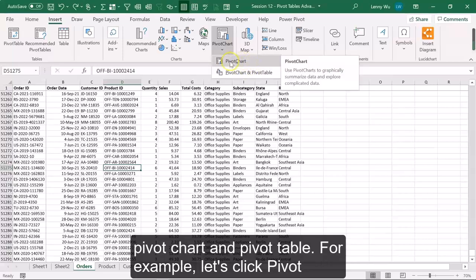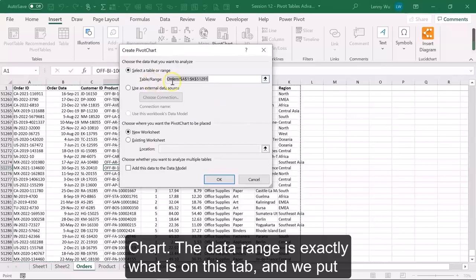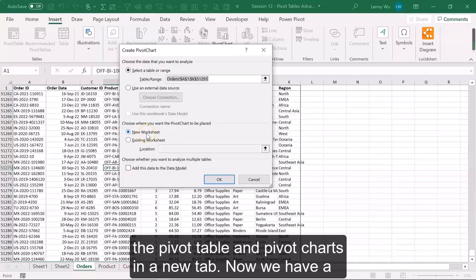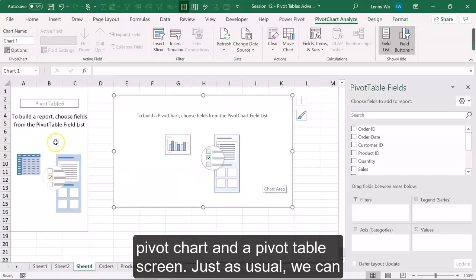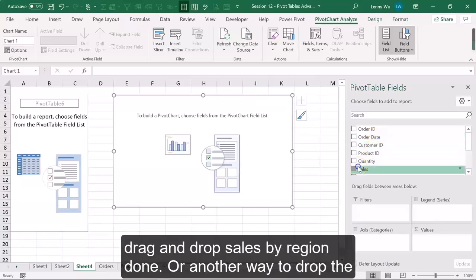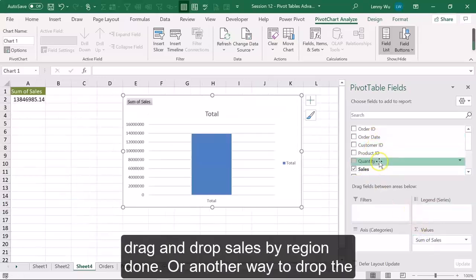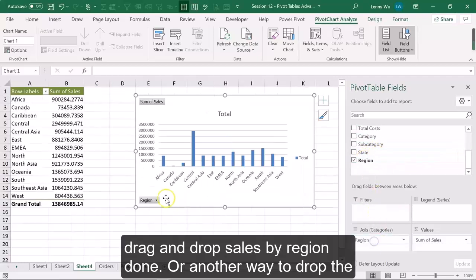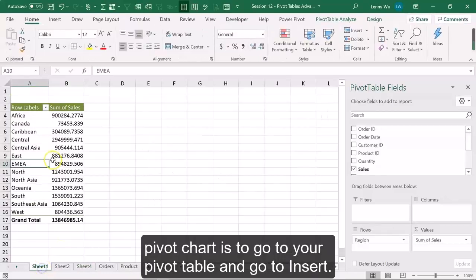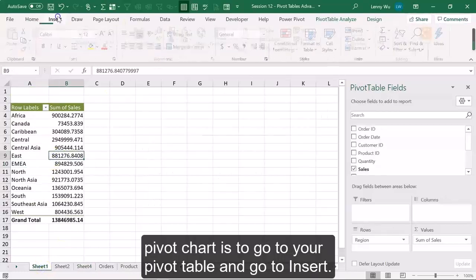For example, let's click pivot chart. The data range is exactly what is on this tab, and we put the pivot table and pivot chart in a new tab. Now we have a pivot chart and a pivot table screen. Just as usual, we can drag and drop fields by region. Done. Or another way to add the pivot chart is to go to your pivot table and go to